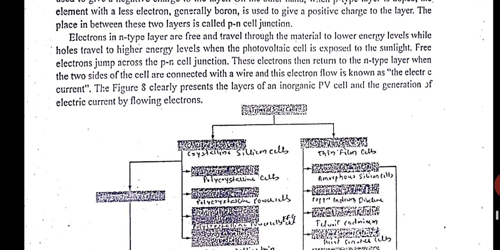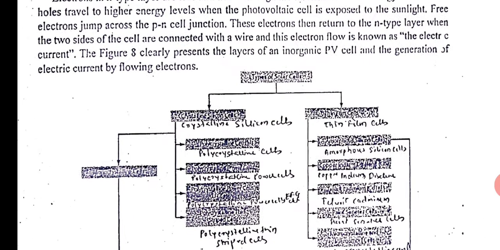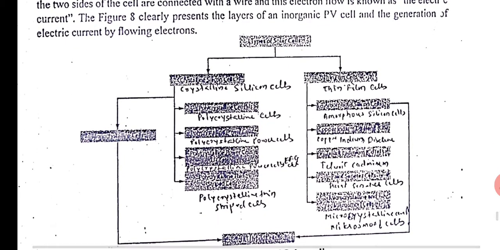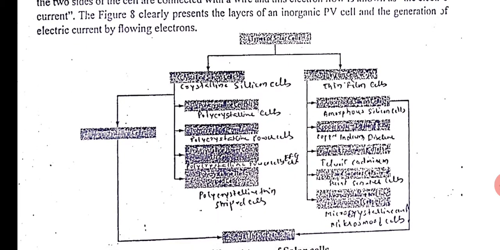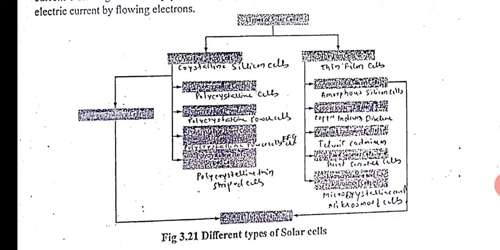Types of photovoltaic cells, you can see: one is crystalline cells, and then there are thin film cells. You have polycrystalline cells, then you have amorphous silicon cells. So these are the various varieties. Now thin films are coming up, but they are very expensive as of today. In the years to come, I think these will become cheap.